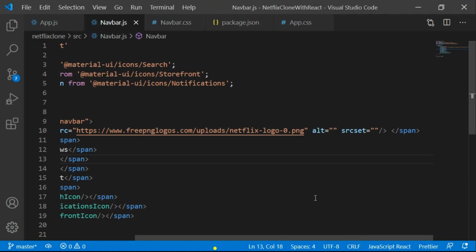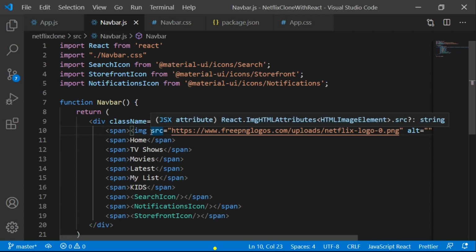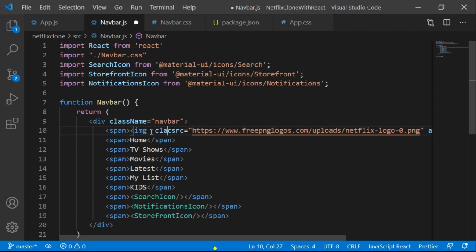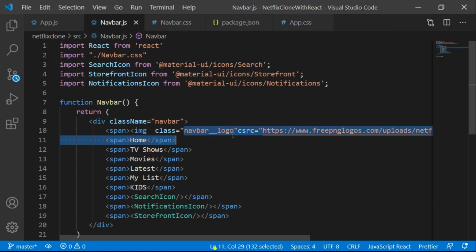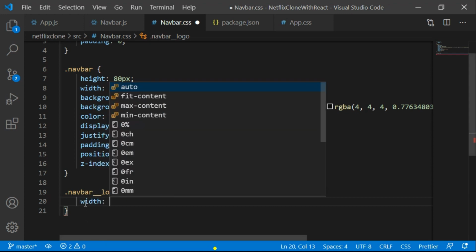Okay, I think we haven't added a class name to our image, right? Yes, we need to add a class name to our image. Add class and add neighbor double underscore logo here, and let's target this. Neighbor double underscore logo, add a curly brace. I'm gonna paste the, okay, let's write this with this.